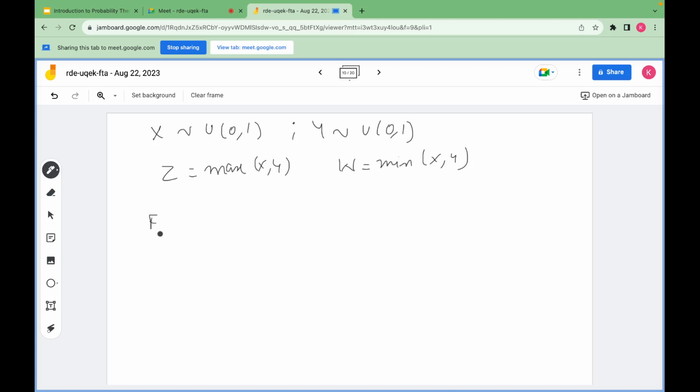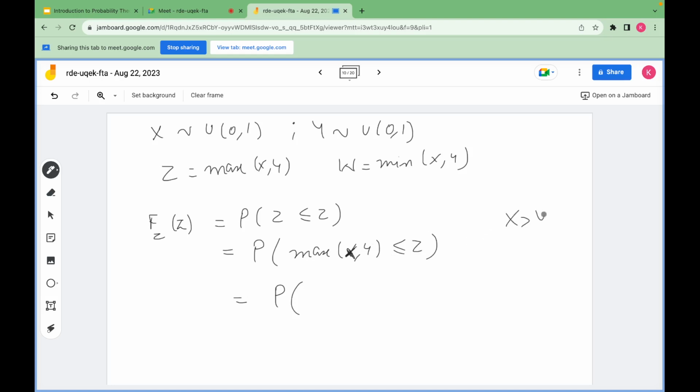Now we will find the distribution of z, which is probability z is less than or equal to z, which is probability maximum of x comma y is less than or equal to z. So this means that if the maximum of x comma y is less than z, this means that